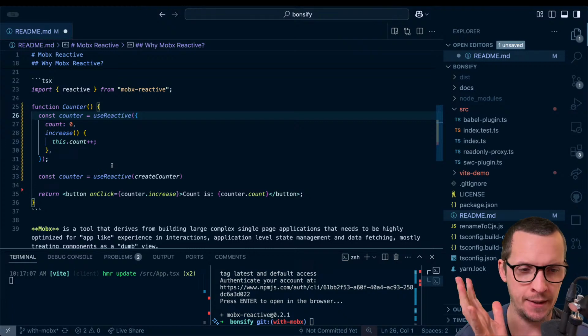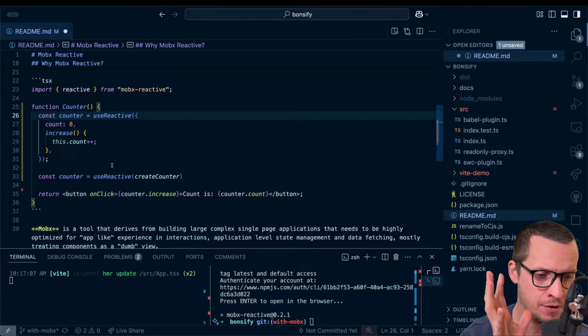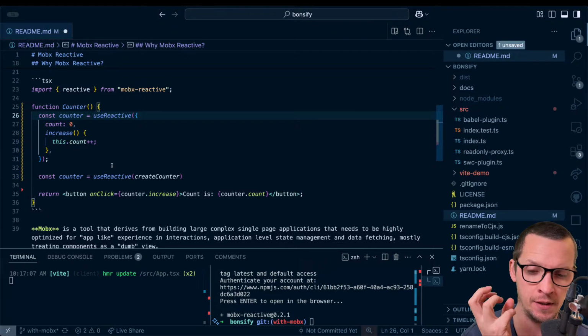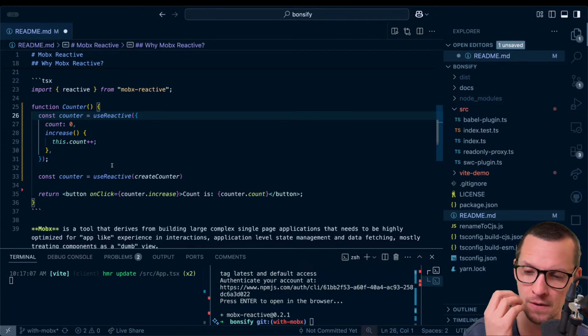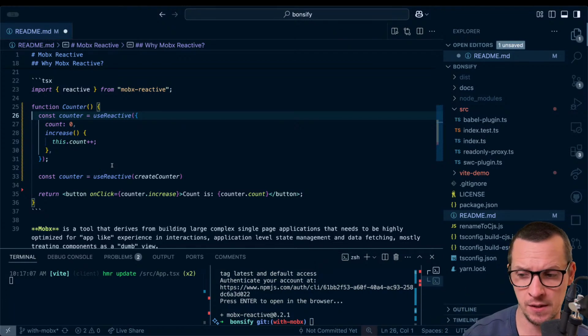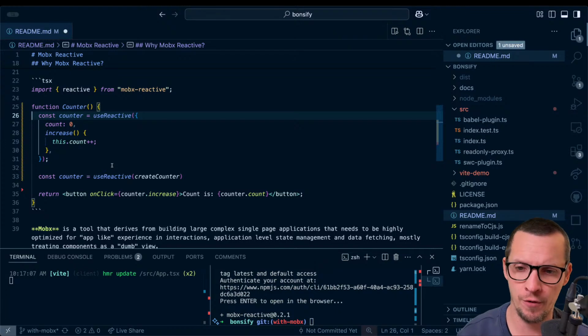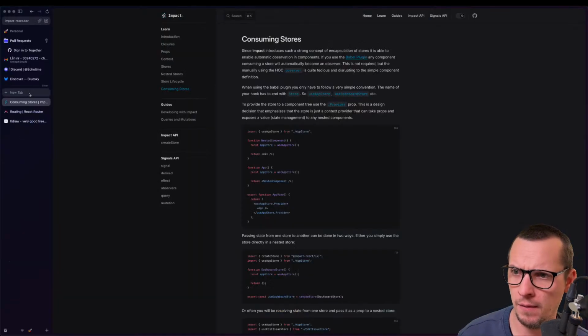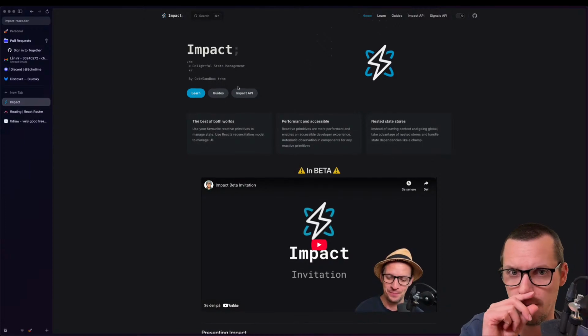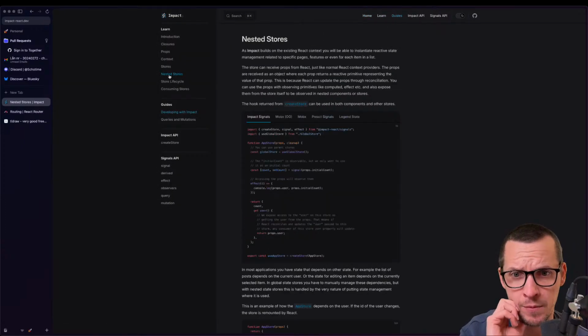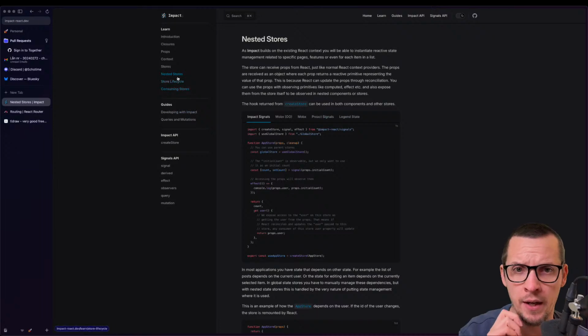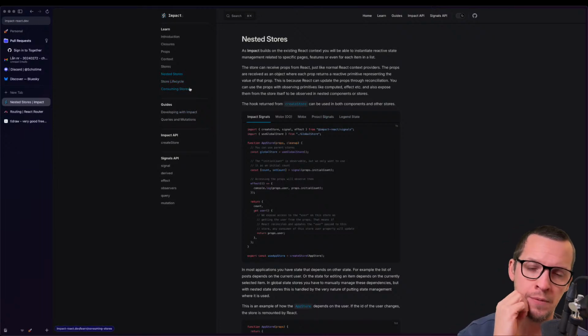The thing that Impact React tried to solve is creating this fuse between reactive state management and React itself, but it tried to do it through context, right? Impact React does this through a context provider, and it has some niceties related to observation.